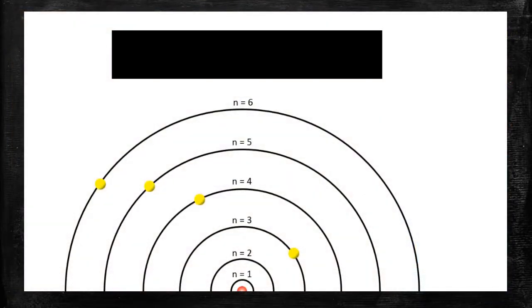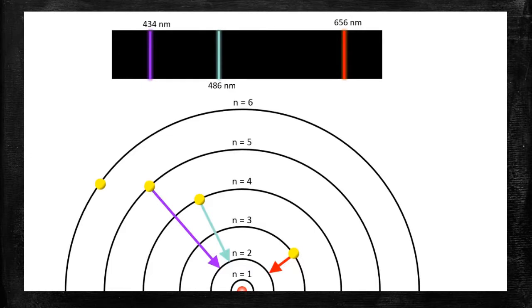A transition from the third orbit to the second orbit emits red light at a wavelength of 656 nanometers. A transition from the fourth orbit to the second orbit emits blue-green light at a wavelength of 486 nanometers. Jumping from the fifth orbit to the second orbit emits blue-violet light at a wavelength of 434 nanometers. And finally, a jump from the sixth orbit to the second orbit emits violet light at a wavelength of 410 nanometers. Notice that as the energy of the transition increases, the wavelength of the emitted light